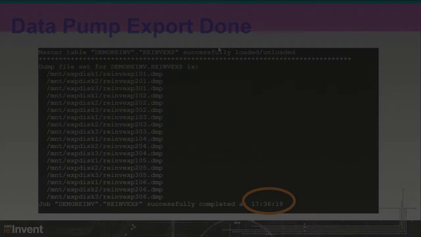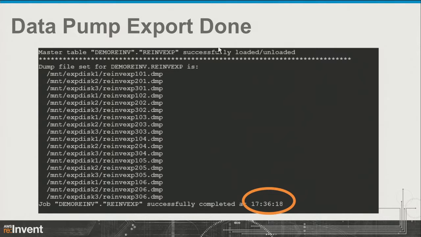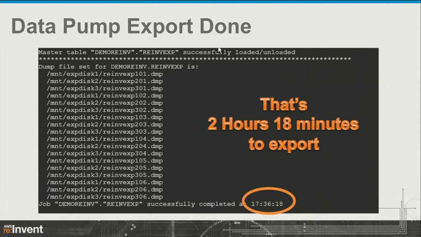And at 17:36, I'm done exporting our 500 gigs of data. So that is 2 hours and 18 minutes. That's all it took me to export 500 gigs of data. So I got that 500 gigs of data, and now I need to move this